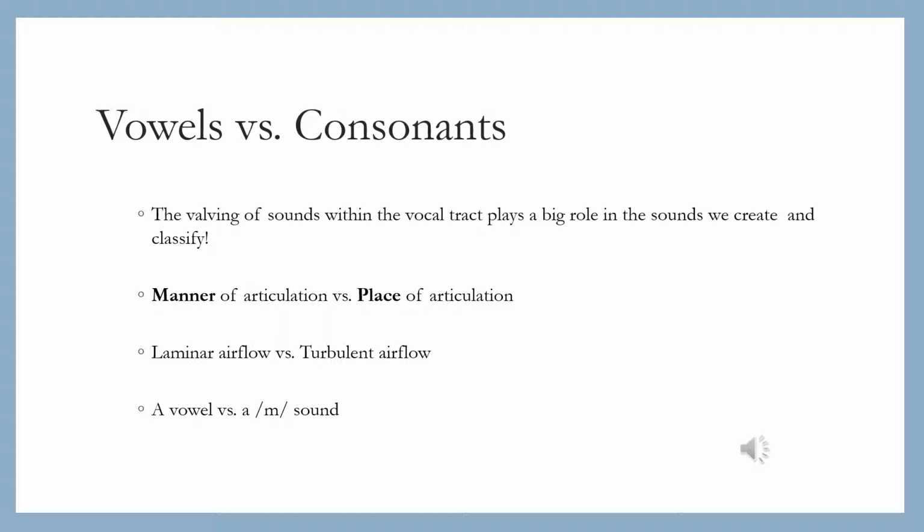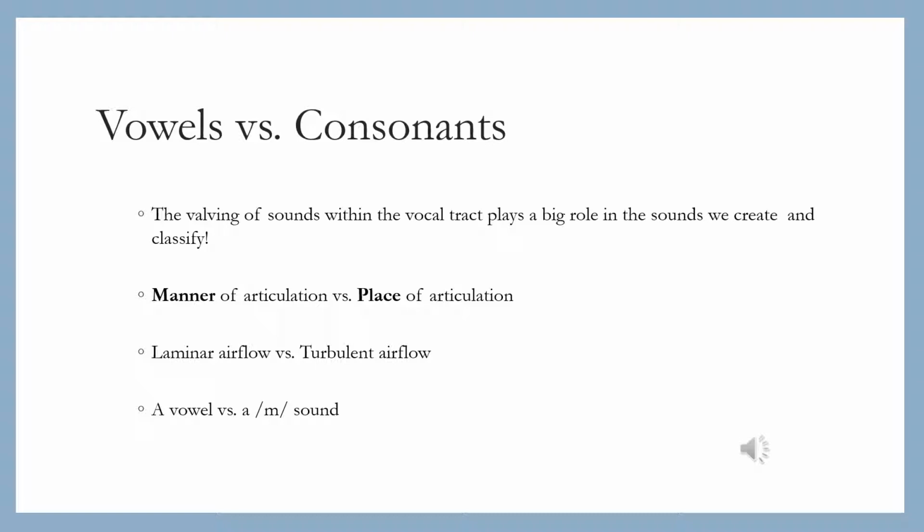A big thing we look at in the difference between vowels and consonants is the manner of articulation versus the place of articulation. The manner of articulation is how the configuration and integration of the articulators works, which is basically how we help classify consonants and vowels. The place of articulation is where things are actually occurring in the oral and nasal cavity, so where our articulators, the tongue, the teeth, the lips, and the jaw, are moving